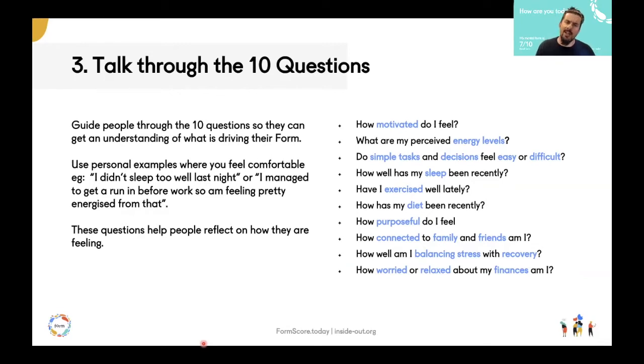I actually feel connected to friends and family, although I'm very aware I need to work on the connection with my children a little bit more. And I'm balancing stress with moments of recovery in my days pretty well. And then finally, I'm quite relaxed about my finances, although I appreciate many might be very worried about finances right now. So what we do, we talk through in that way and then invite people to reflect on those questions